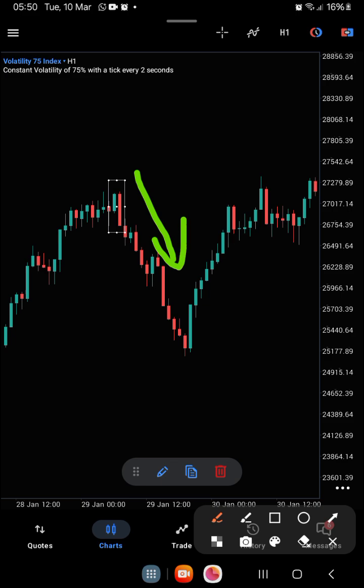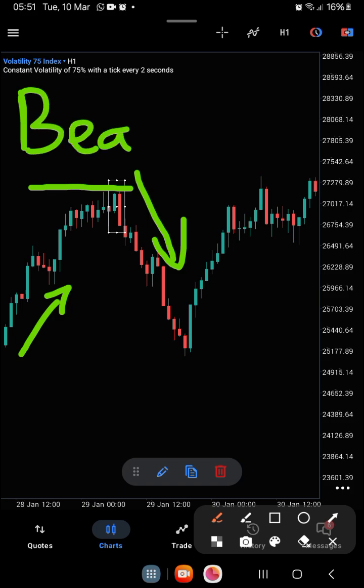Okay, so this one here is what we call a reversal pattern, because this market was going up. I will explain deeper later, until it reached this point here, where it got here and reversed. So in this case, this bearish engulfing, okay, this one is a bearish engulfing, because I'm about to show you a bullish. So this one is the bearish